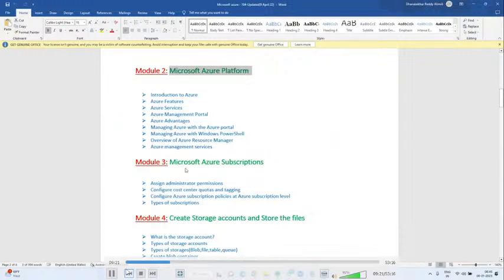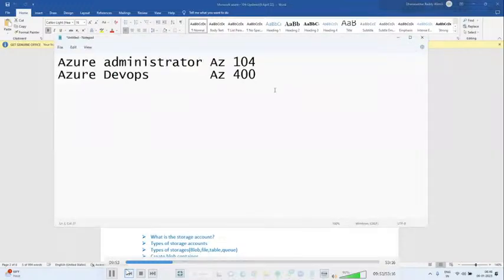Module 3 is subscriptions. What is a subscription, guys? Any idea generally? If we subscribe to something, like if we take any service and pay for it, then it's a kind of subscription. Yes, correct. Simply, I can say a subscription is nothing but a license. So Microsoft provides n number of subscription versions. First thing, I can say, Azure free trial.